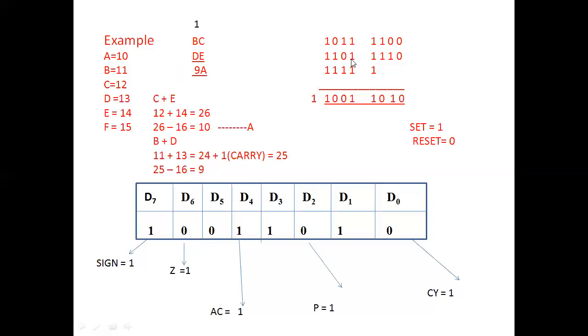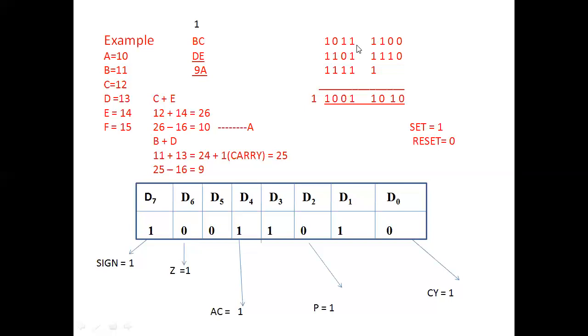This is the binary representation of the data. The binary value of B is 1011. The C value is 1100. The second number is D. The D value is 1101 and the E value is 1110. Now I'm doing the addition. I'm getting one carry. So this is a carry. 111 means 11. So 1 is put here, and 1 is a carry.